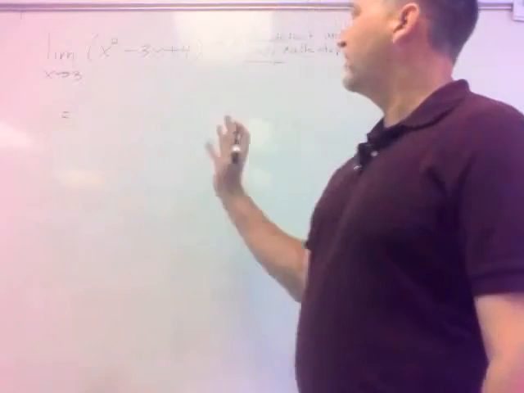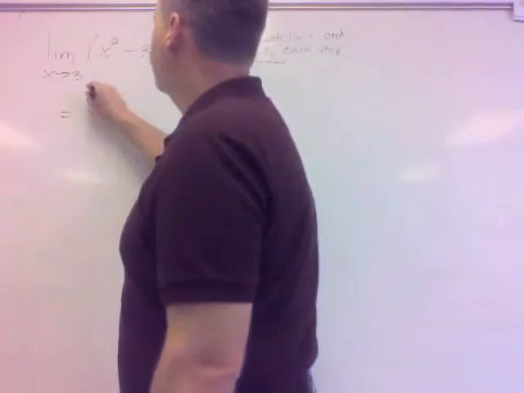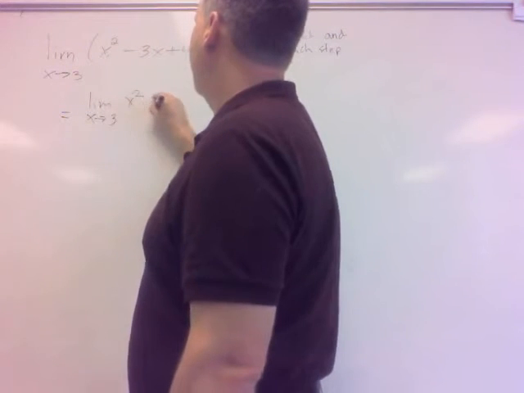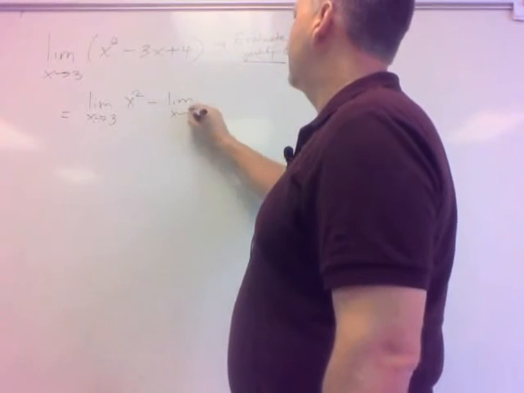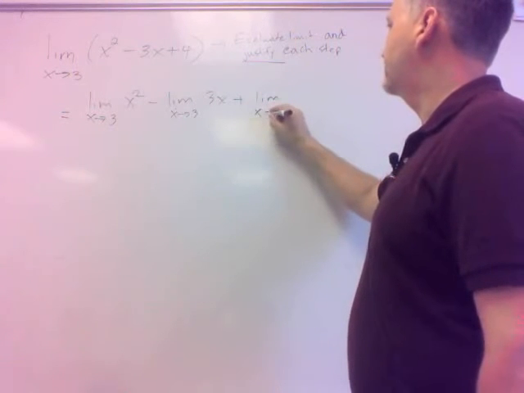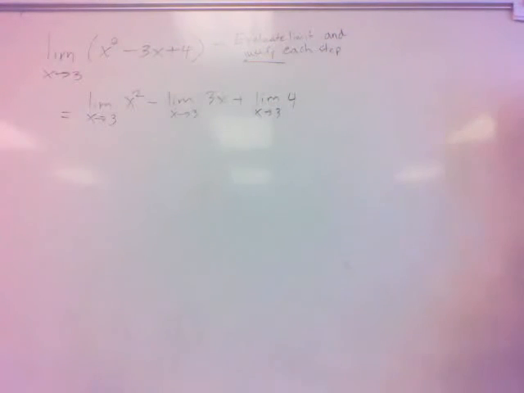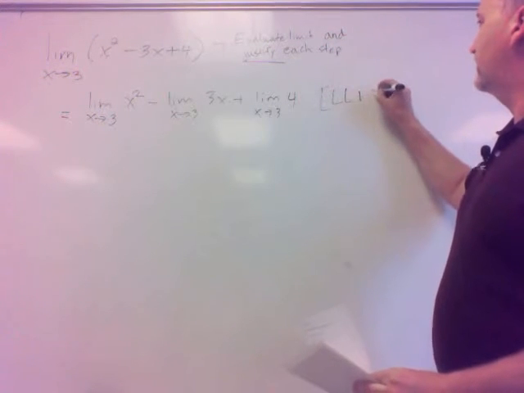Because step one would say, well, by which limit laws can I do this? The limit as x approaches 3 of x squared minus the limit as x approaches 3 of 3x plus the limit as x approaches 3 of 4. What limit laws enable me to do that on the sheet? The first and second ones, right? Limit law 1 and limit law 2, LL1 and LL2,